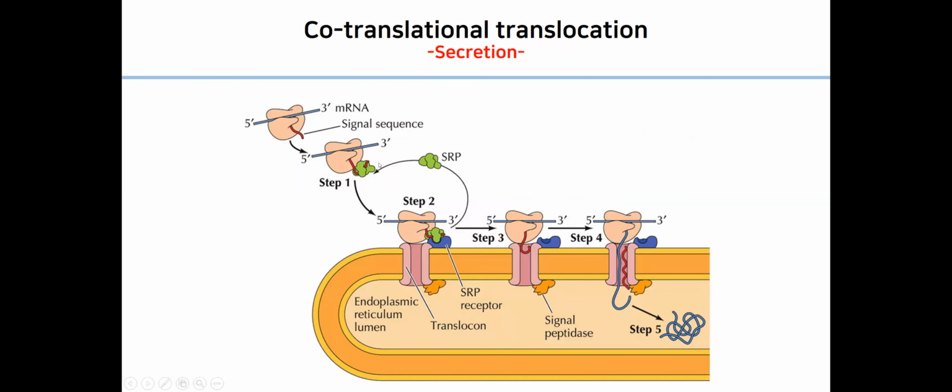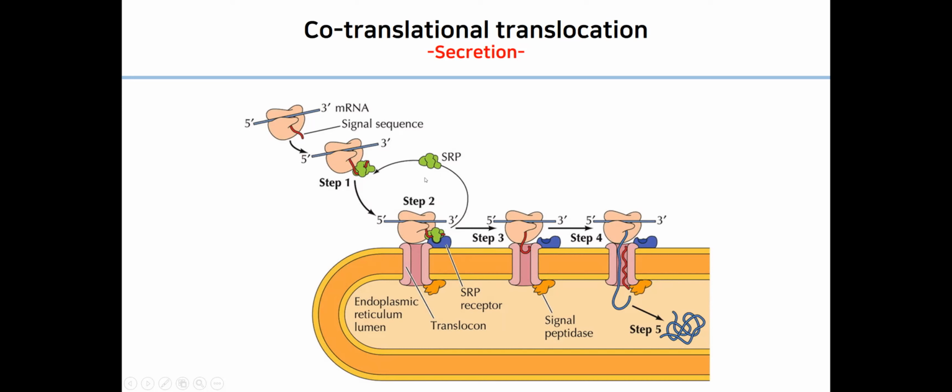So if proteins have a signal peptide on their N-terminal, they are fed into the ER during translation in the case of secretion proteins. As a ribosome initiates translation, the signal recognition particle, called SRP, binds to the signal sequence on the N-terminus of the growing polypeptide. Once SRP binds to the signal, the ribosome halts the elongation of the polypeptide,